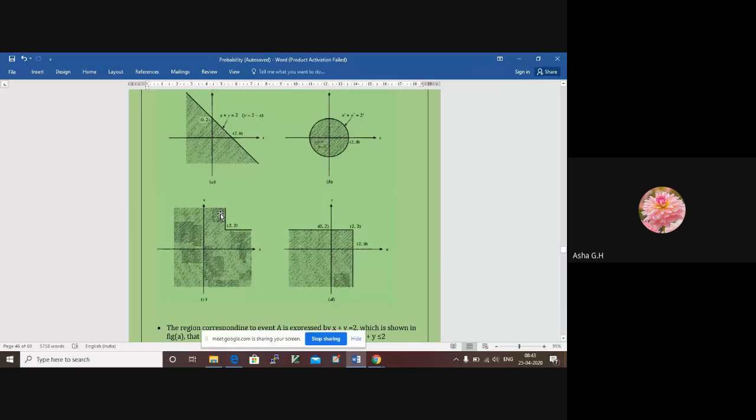If you just look at minimum of x, or just a random variable x less than or equal to 2, what will it be? This is 2 here, in the x direction. So x less than or equal to 2 will be this part, everything beyond this part in the x direction, because this is a point x where x is equal to 2. So we just draw a vertical line to say that everything beyond this is x less than or equal to 2.